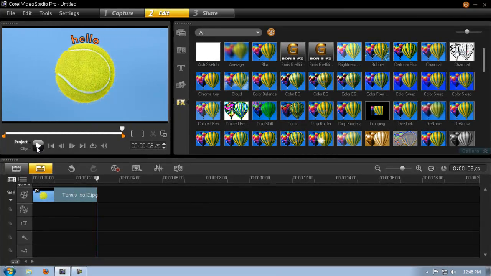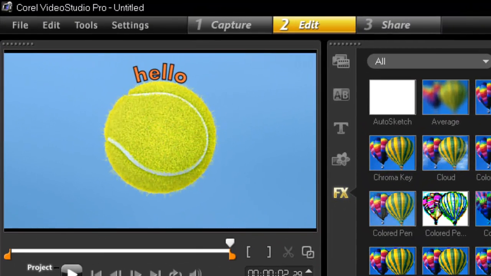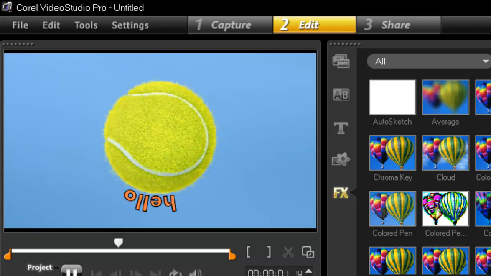So I'm getting quite a few requests regarding text on path. Obviously this is a popular effect and some of you are eager to do this, and that's not a problem. So I guess this is what you're after. As you can see, the word hello follows the curve of the ball quite nicely. So how's this done? Well,